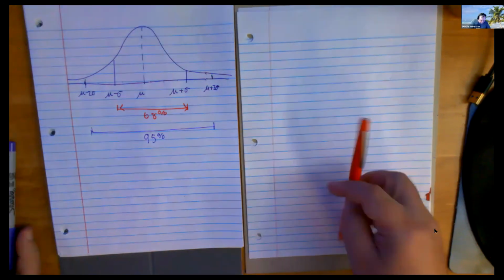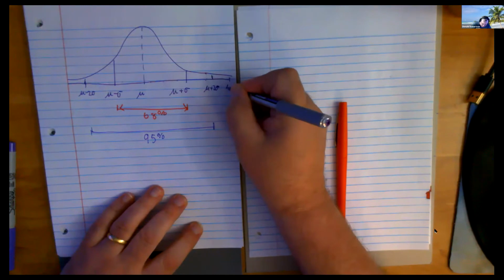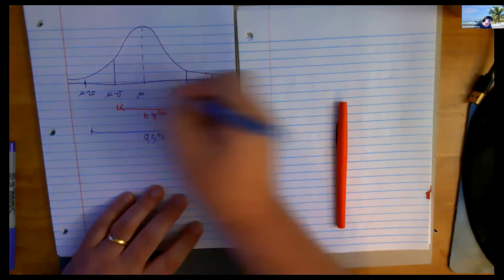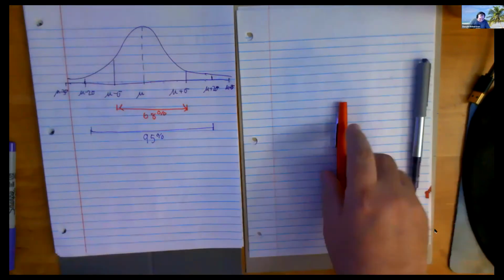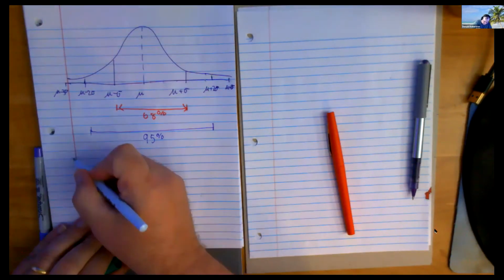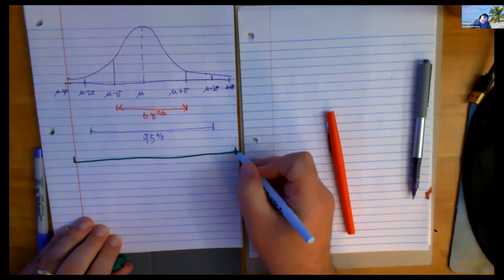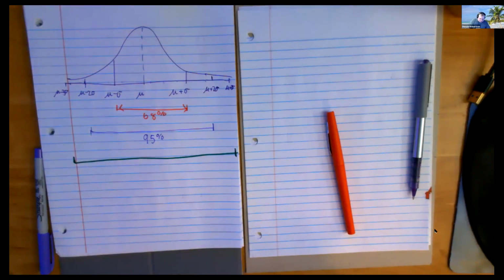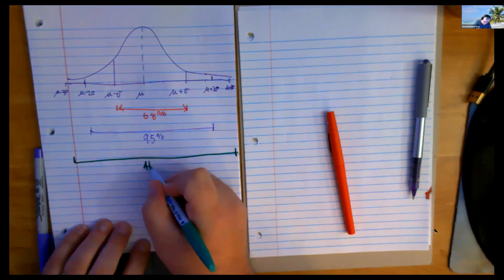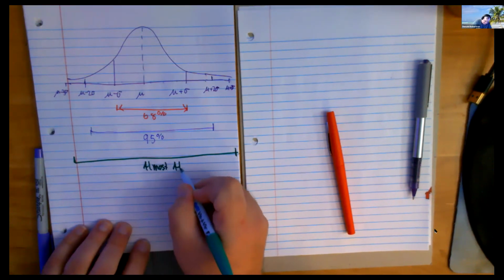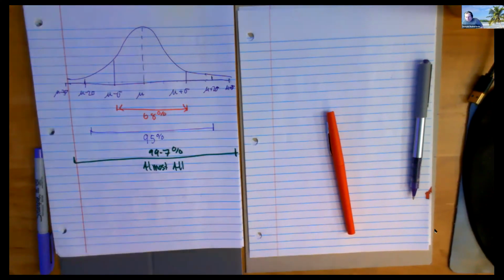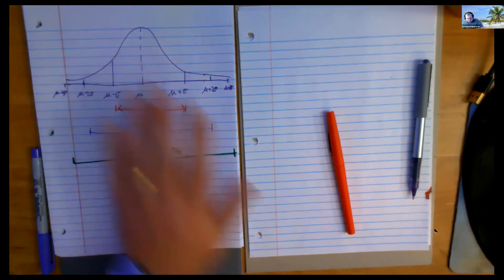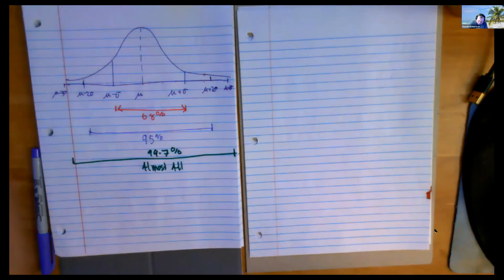And then if you finally go 3 standard deviations either side of the mean, I could have planned this a bit better, which is going to be from here basically to here. Would you agree that's virtually everybody? Now, it's sometimes called almost all, at least in this book, and as a number, it's 99.7%, which is almost all. And that is my first chart. And I said there's 2. So here is my second chart.